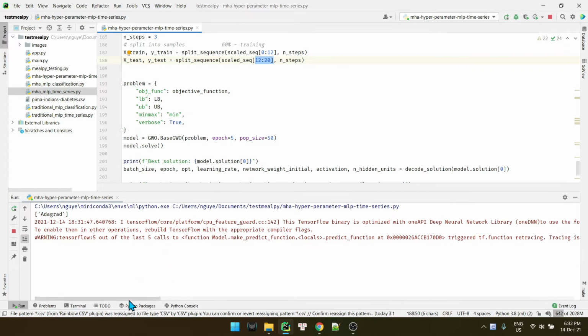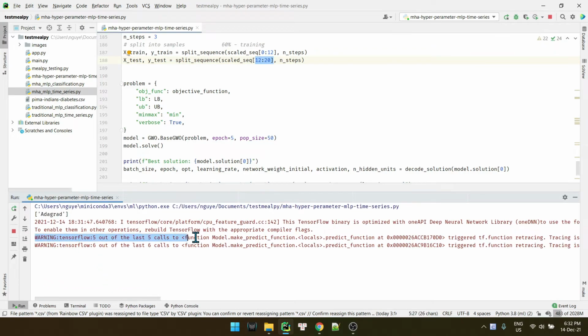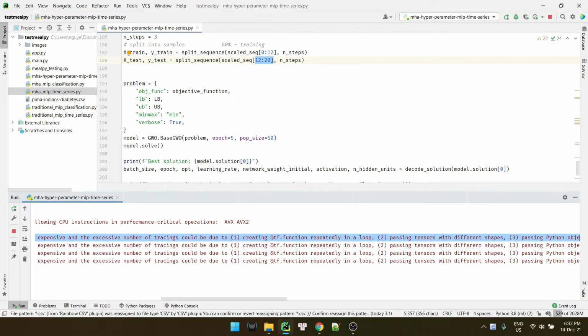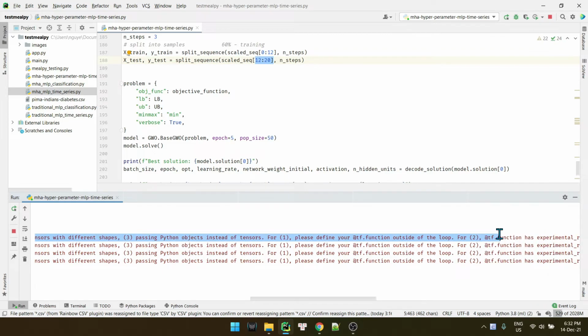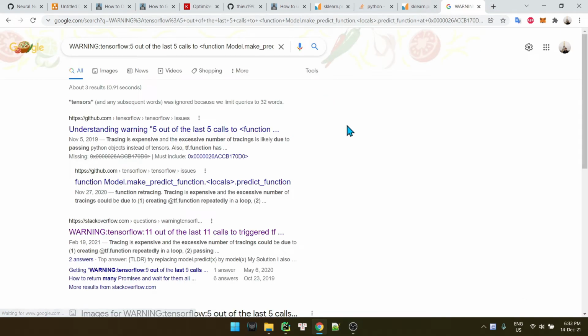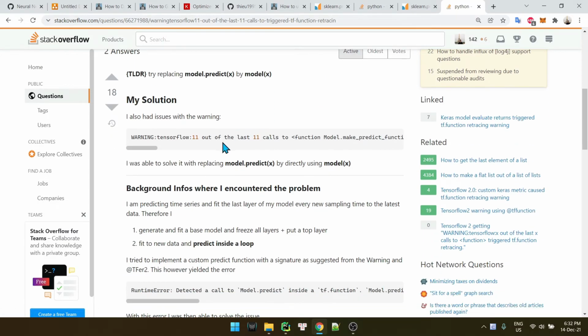Okay, so warning. Let's try to turn off this warning. Okay, so let's copy it and search. Okay, so I found this solution.